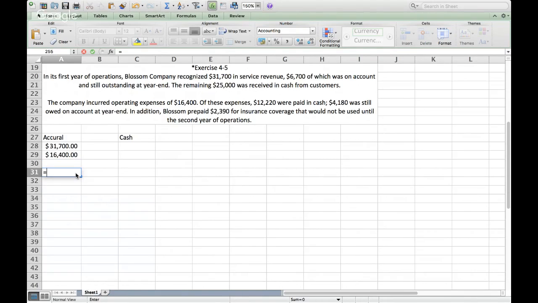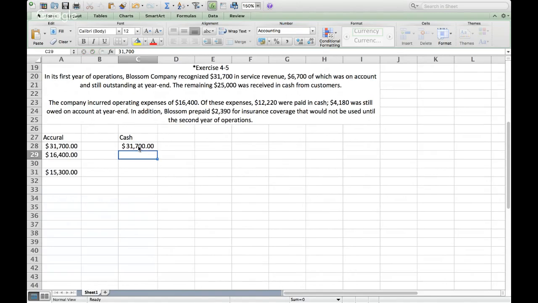So if we want to take the total accrual basis of the company, we'll take $31,700 of service revenue, subtract the $16,400 of operating expenses, and that'll get us a grand total of $15,300 for the accrual basis for Blossom Company. Now on the cash basis, there's a few more steps to it. So just like on the accrual, we started with $31,700, but